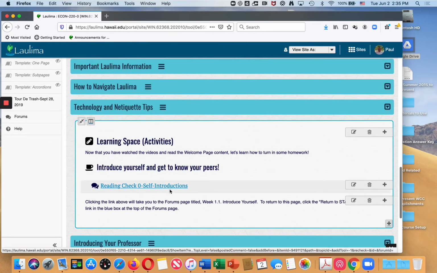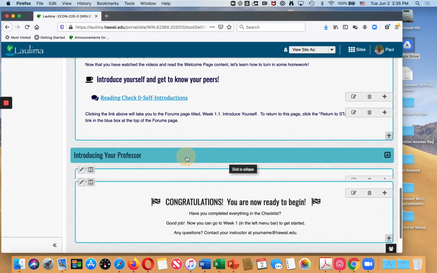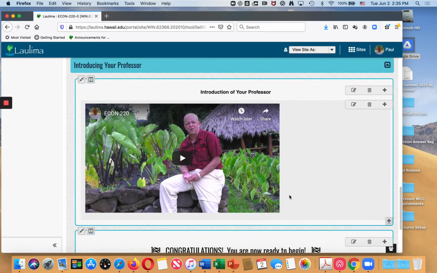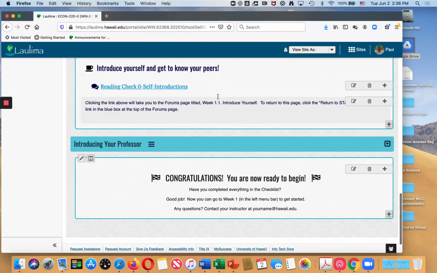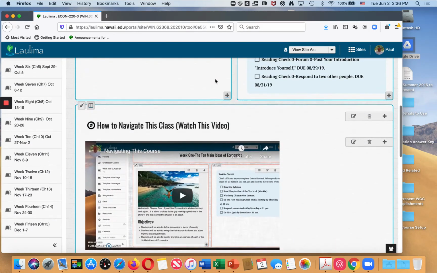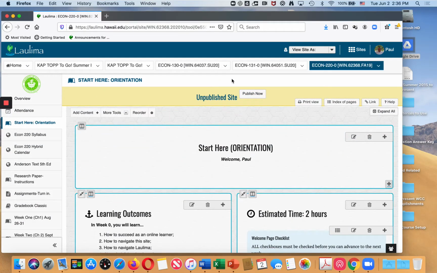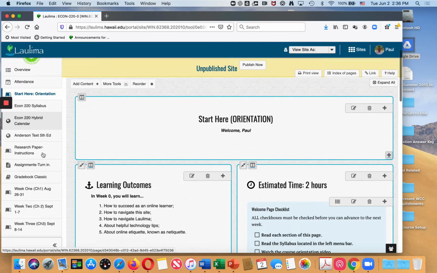I have a self-introduction reading check, and then I have an introducing yours truly who is actually talking about environmental economics. Now, this is a course that is offered at UH Manoa and West Oahu, but as far as I know, this is the only course that is offered at the UHCC systems. So I'm looking for students at Windward Community College, but students from the other UHCCs can take this course as well. So I have the syllabus, the hybrid calendar, the text